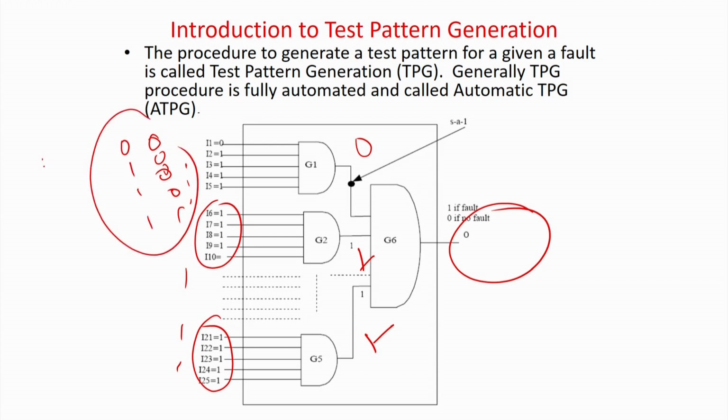Any pattern except all ones. So, except this, any pattern can be applied to get a 0 over here. So, there is some kind of conflict. Conflict means you require a 1 on this line for one purpose, but for some other purpose this line cannot be 1. So, there can be conflicts. Then you have to reiterate and find another way to generate the test pattern. So, it is not always smooth; sometimes there will be conflicts, then you have to again reiterate and find out which test patterns can test it.